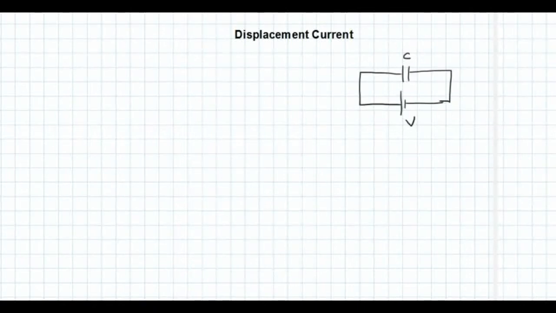Consider a circuit containing a capacitor. This capacitor is connected to a source of EMF. Then we know from this battery, or from the source of EMF, there will be a current flow as shown here. So this current I will start to flow from the positive terminal, right?